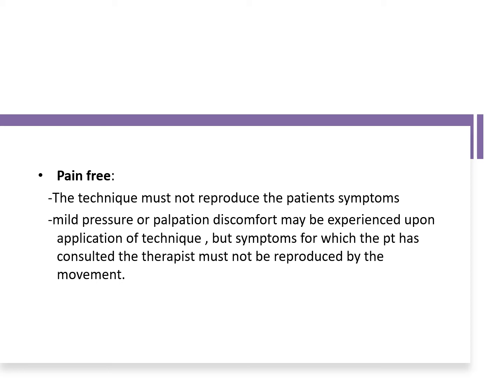So I hope this is clear. This is very unique about this concept. Maitland's is not like that. Maitland's has certain grades. If you want to reduce pain, you give grade 1 and grade 2. If you want to increase range of motion, you have to give grade 3 and grade 4. But for Mulligan's concept, whether you want to reduce pain or increase range of motion, while giving the technique there should not be any reproduction of the symptoms at all. Only then are the glide and the technique indicated in that patient. So that's about the pain-free concept.